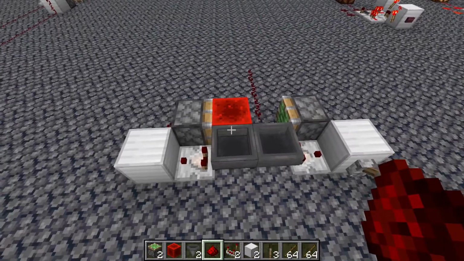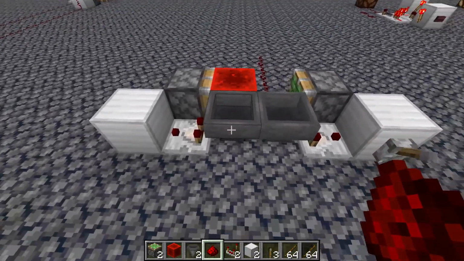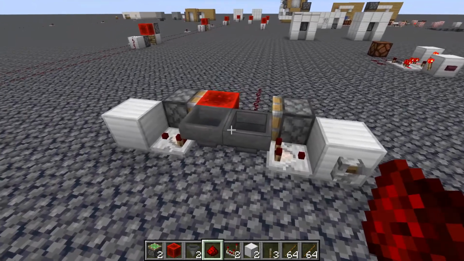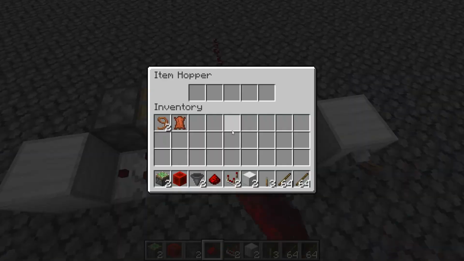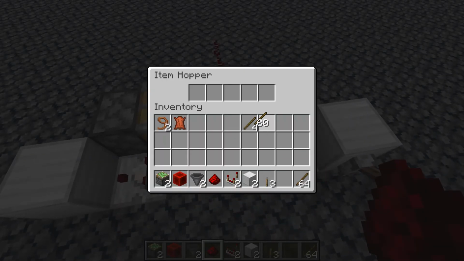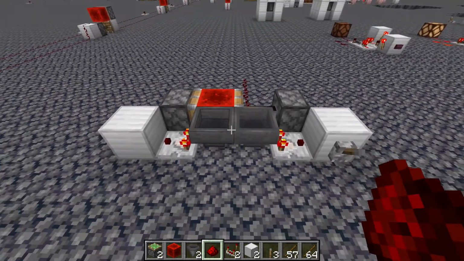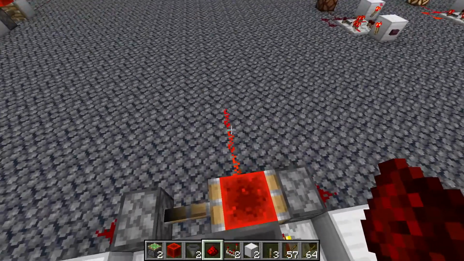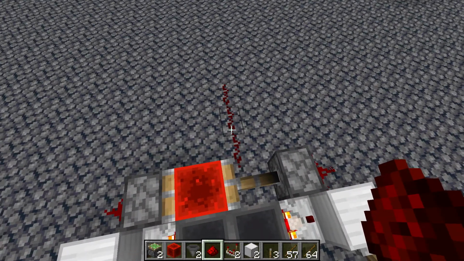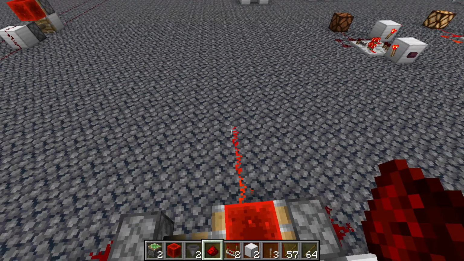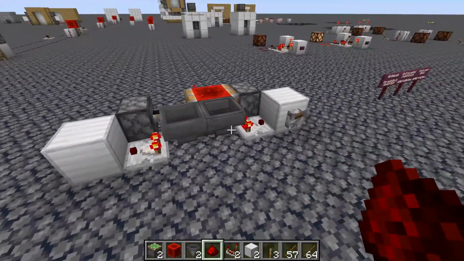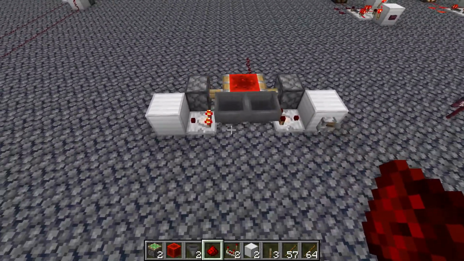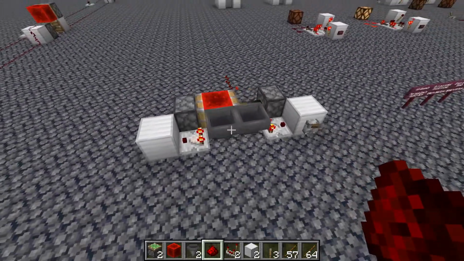Now, in this case right here, I'm going to want to do a 5-second redstone clock, or a 5-second hopper clock or hopper timer. Then what I'm going to want to do is place 7 items within this hopper clock right here. And if I do that, every 5 seconds, it'll trigger this line. So as you can see, it'll trigger this line, and then 5 seconds later, it'll trigger the line again. And that is why this design is so flexible, because you can set whatever time delay that you want within